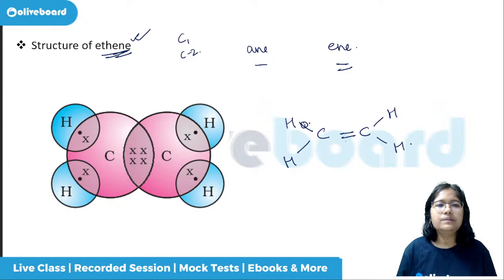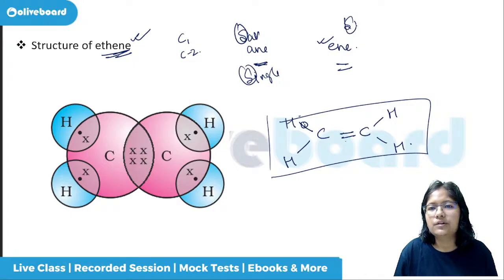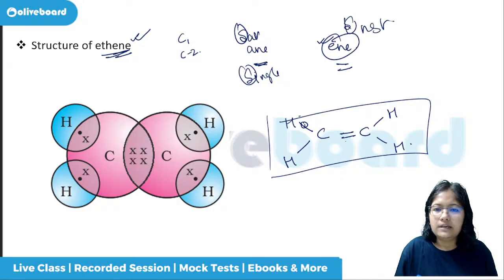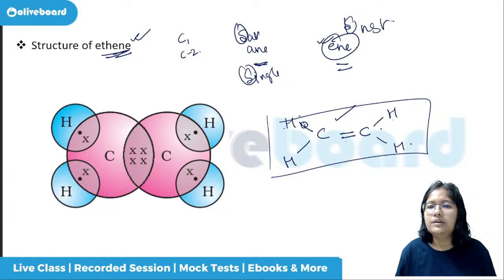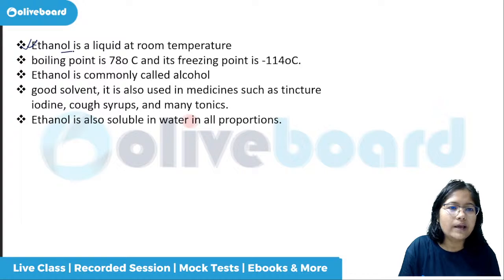Okay, so this will be the structure for ethene. And ethane means what? This is saturated, with a single bond. S for saturated, S for single. And this is your unsaturated ethene, with a carbon-carbon double bond, that is your catenation. And the hydrogens fulfill the tetravalency. All right. So if this is understood, then we are coming back to the OL components.